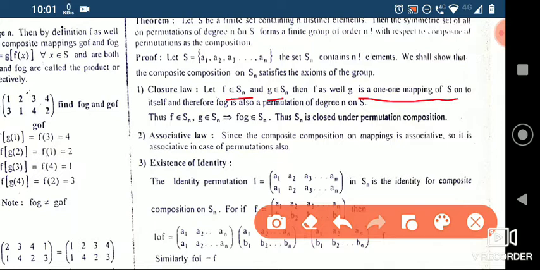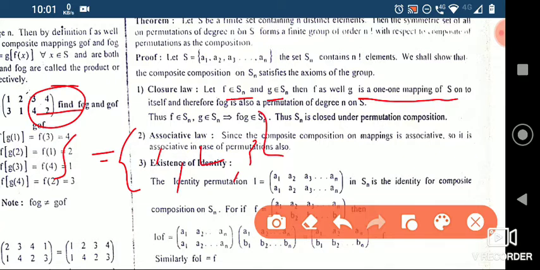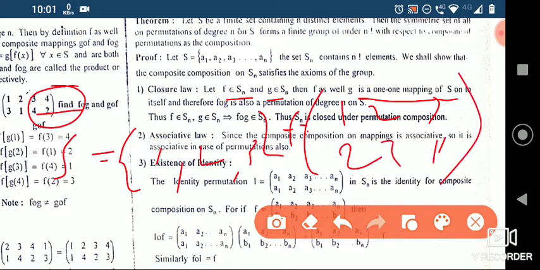This is the same thing. If you have S equal to 1, 2, 3, then you have 3 factorial combinations. Say f is 1 takes to 2, 2 takes to 3, 3 takes to 1, that is f.